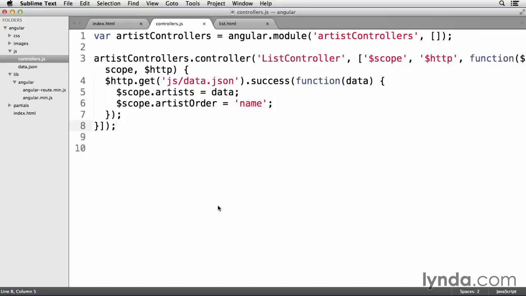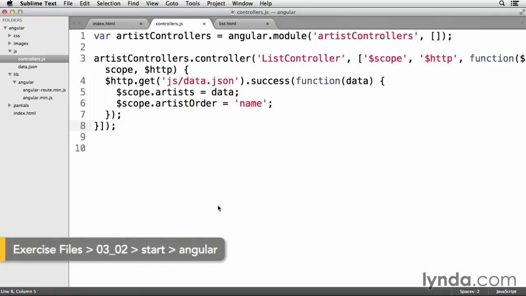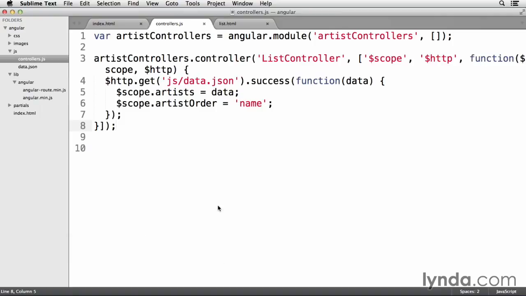In the last video, we organized our application so that we could take advantage of Angular's deep linking feature. That's going to allow us to pretend like our single page is an entire website. In order to do that, we redefine our controller.js file to handle only the controllers and not the entire application. Now, we need to configure a new module to take care of our application and define how this application handles